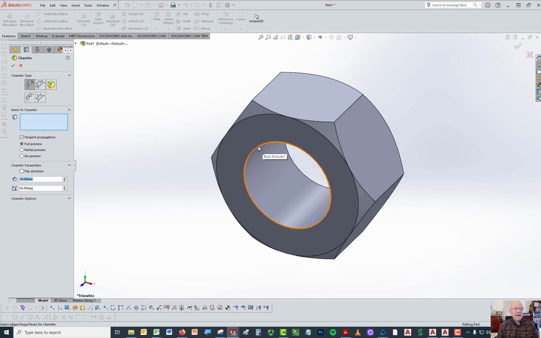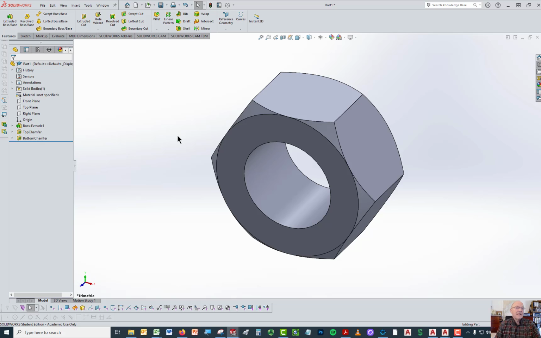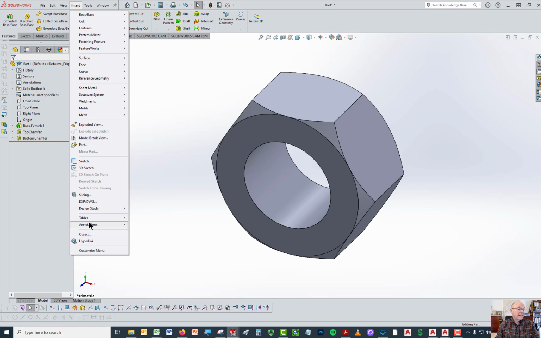Actually, before I do that, I want that chamfer to be related to two things. And so what I need is the circular, I need the cosmetic thread in here first. The cosmetic thread is where I'm going to pull the minor diameter out of this, the major diameter out of this. So I'll put a cosmetic thread in here, and let's insert annotation,